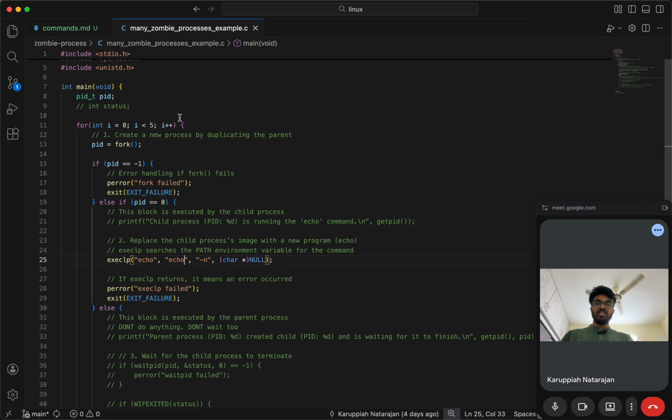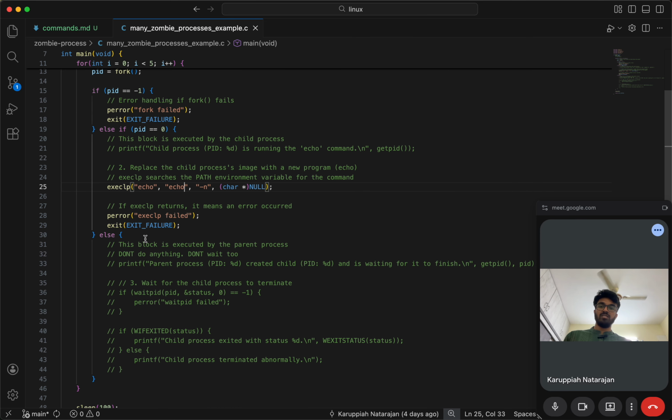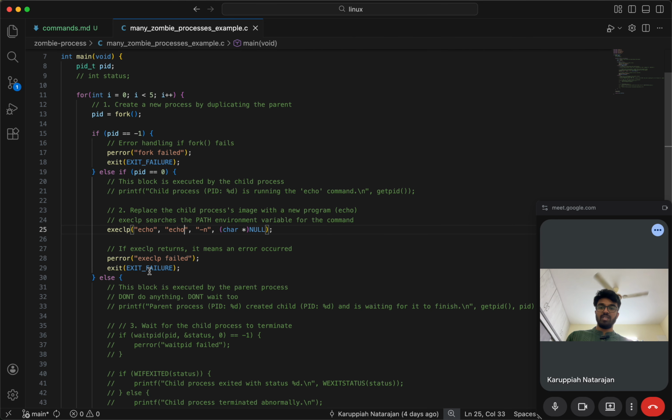So we're going to fork it and run it 5 times, and all of them will be replaced by this. The parent process alone, if we put a sleep here,